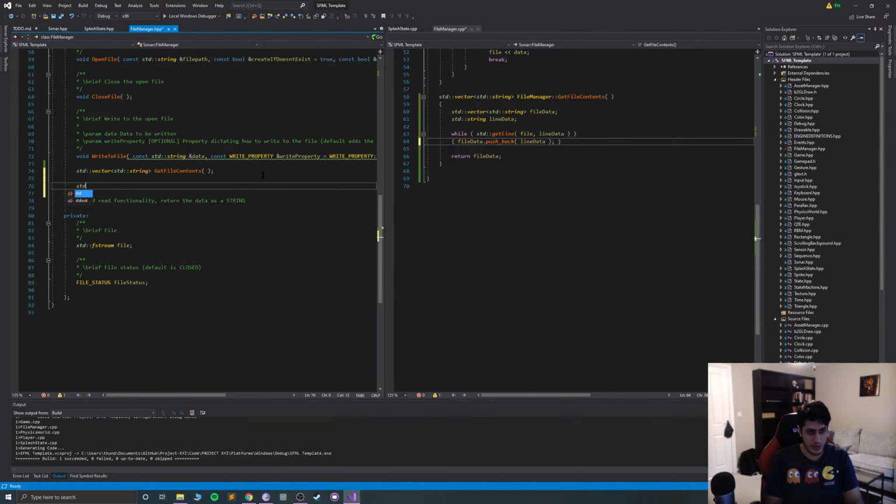So if instead we have a std::vector of std::string, and get file, and this is going to be